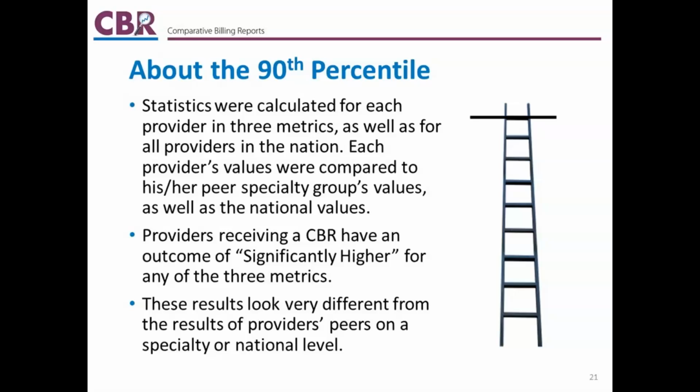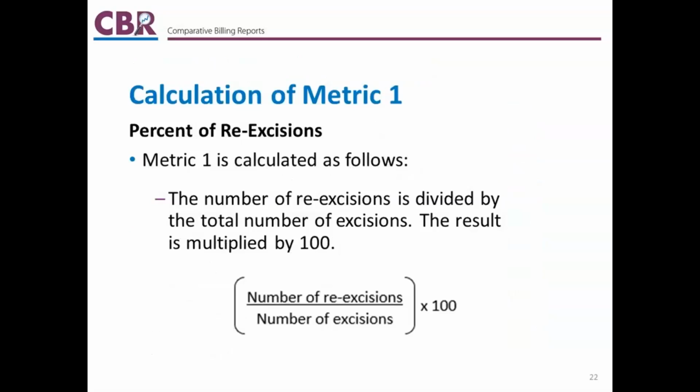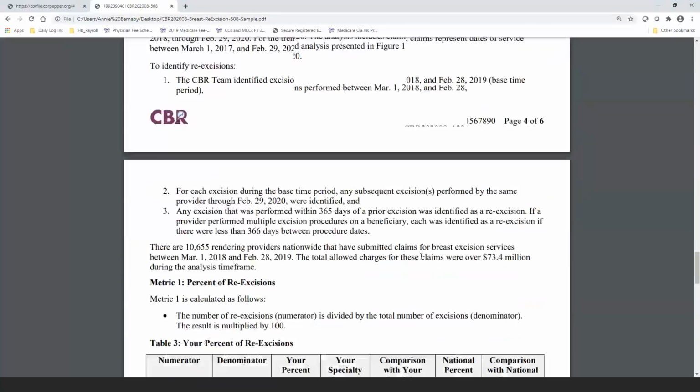Let's look at each metric individually and the outcomes for the sample provider on our sample CBR. Looking first at metric 1, the percent of re-excisions. To calculate metric 1, the number of re-excisions was divided by the number of excisions. Looking at the sample figures on the CBR for metric 1, which are on table 3 on page 5,